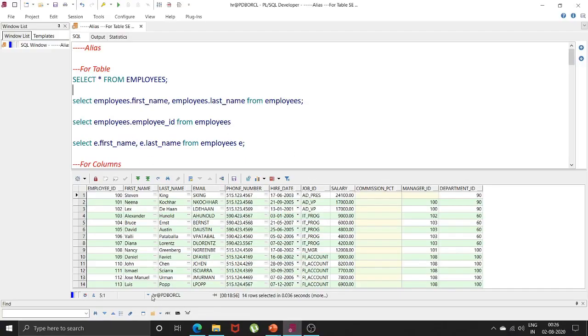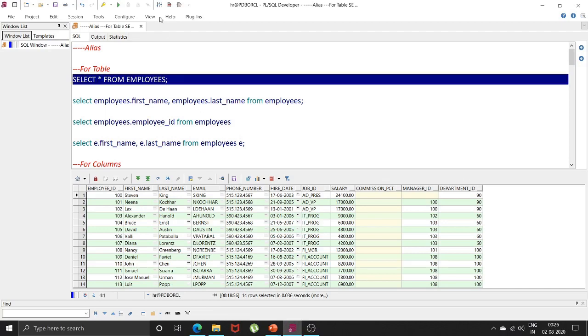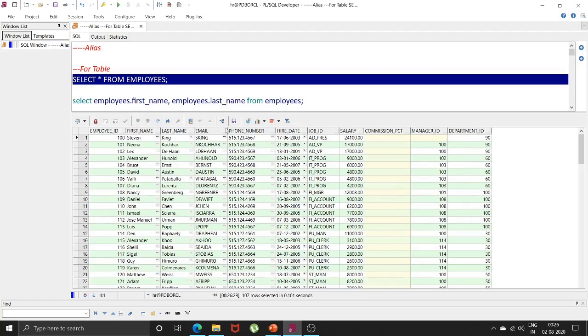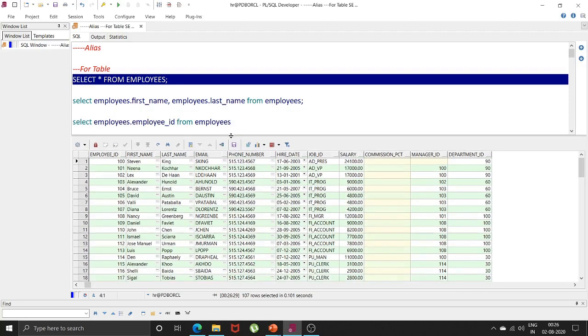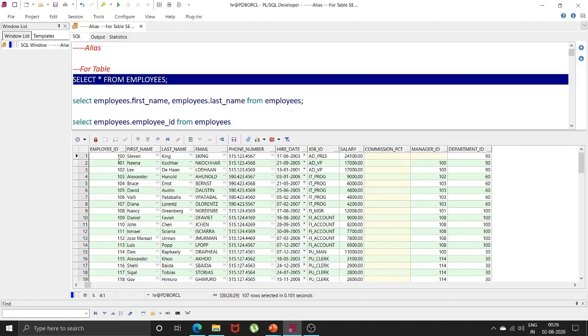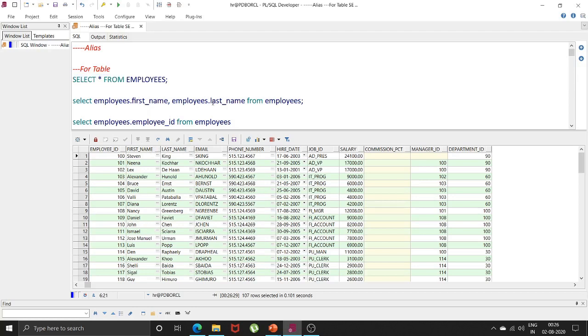As you can see, I have logged into the HR schema and I will execute this query for the employees table. If you see, I have almost 107 rows in my employees table. Now you are able to see that I have executed this query and got all the rows and columns present in the employees table. Now suppose I want to fetch only two columns, that is first name and last name. For this purpose either I should know the exact column names of the table, or I can use an alias to fetch them easily. Now how it works, let us see.